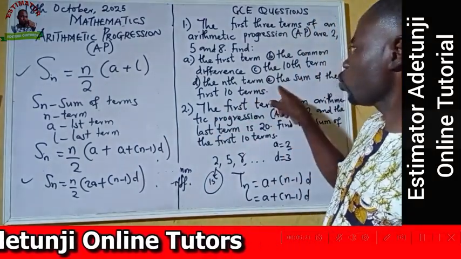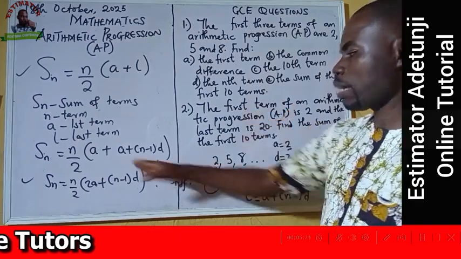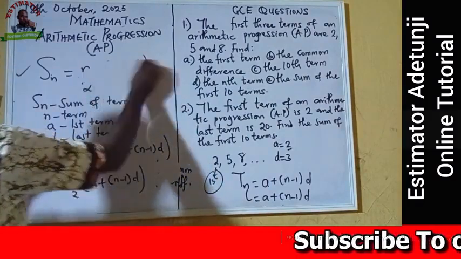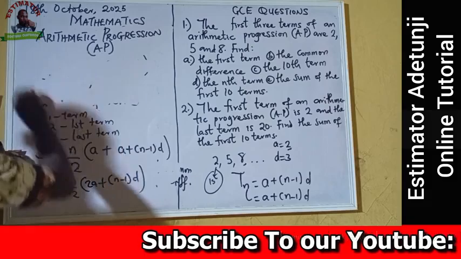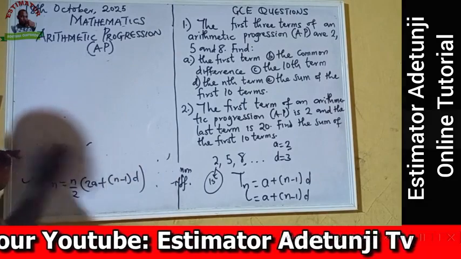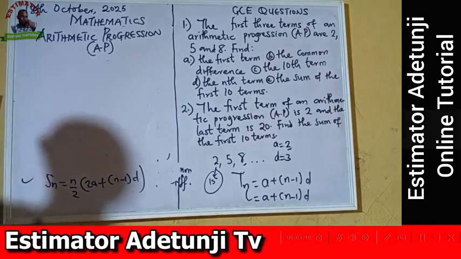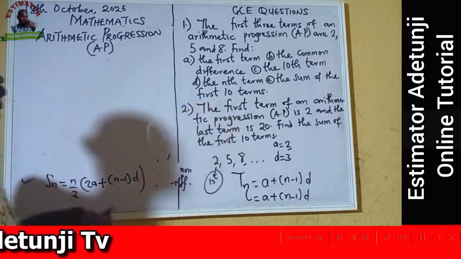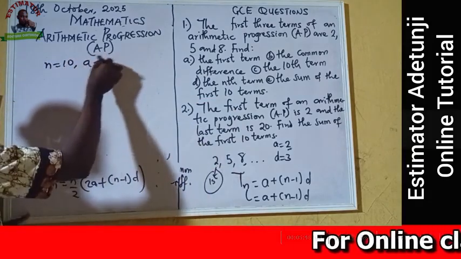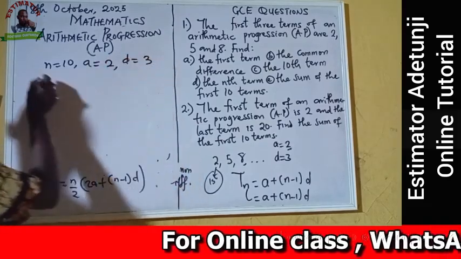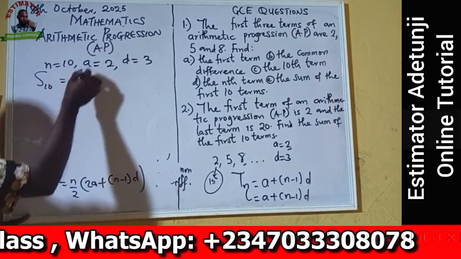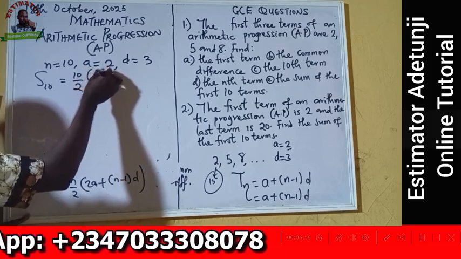Now I want to solve question 1E. I have the right formula to use, that I'm using for 1E. So I don't need to waste time again. I will just say, since I have known, I don't need to waste time again. My n is 10. My a is 2. My d is 3. So definitely S10 equals 10 over 2, open bracket, 2 times 2,